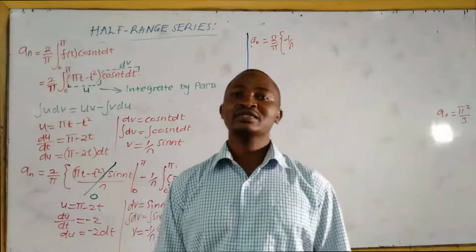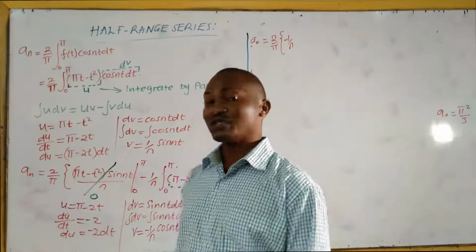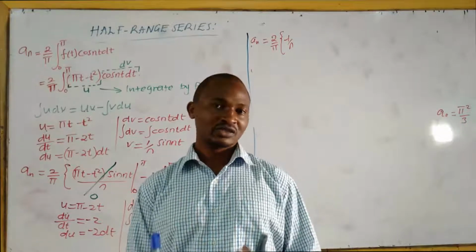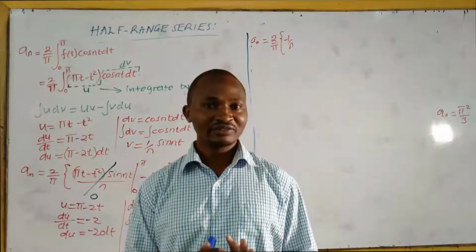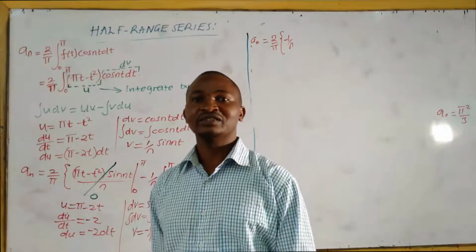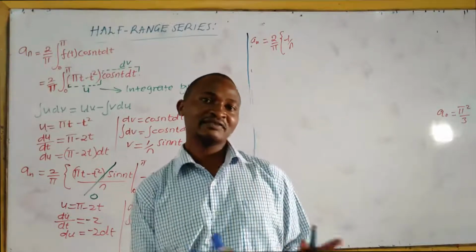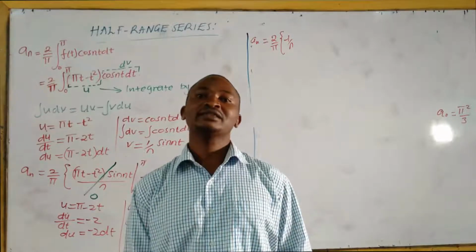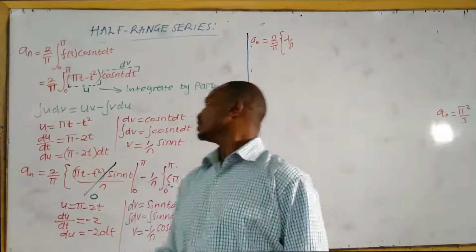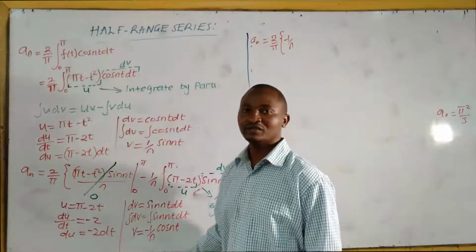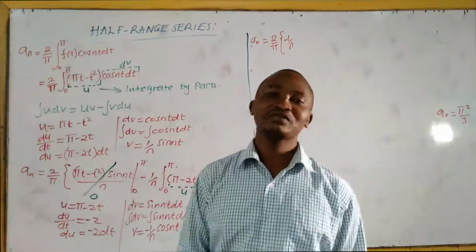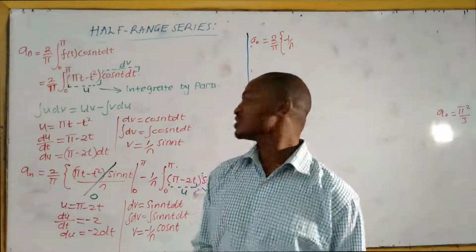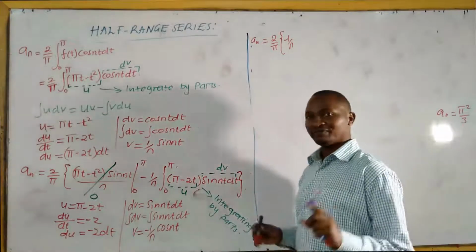I usually advise my students, Fourier series usually takes a lot of time. Start with the simpler topics. Do Fourier series as your question 4. If you do not have enough time, apply the shortcut method, because you can compromise. I save time even if I'm going to lose a few marks. But if you have enough time, you can use the actual method of integrating by parts. If the actual method of integrating by parts confuses you, you can use the shortcut method. I've made a video on the shortcut.